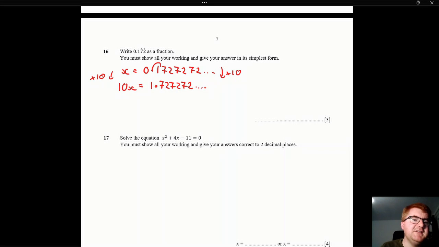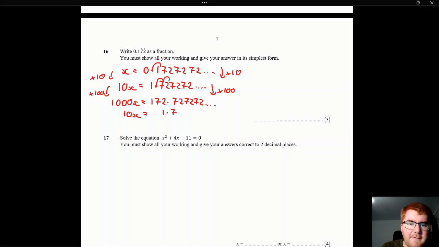The way I do this is I'm going to work out 1,000x. Not 100x, but 1,000x. So I'm going to times both sides by 1,000. Now, why am I doing this? Well, if I times by 10, we're going to get a movement once. Twice, that gives us 172.727272... The reason is, if I put the 10x down below, if I minus one pattern from the other,